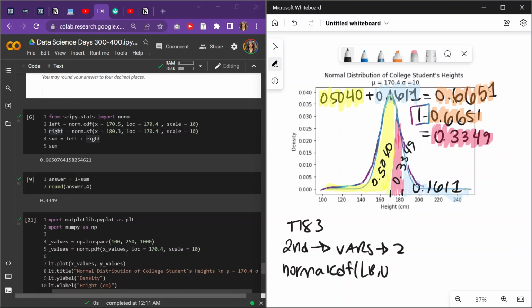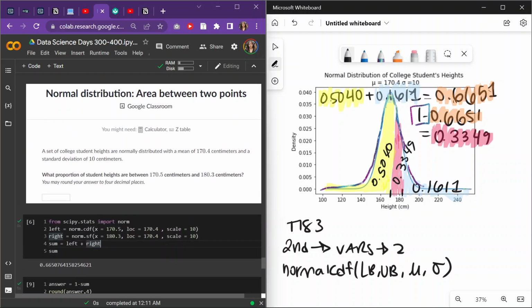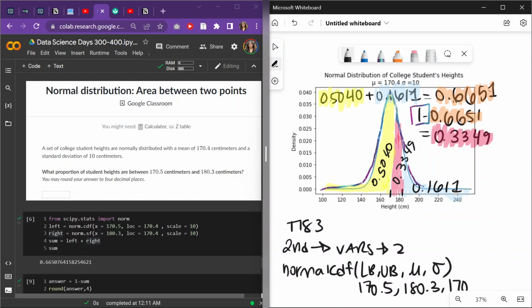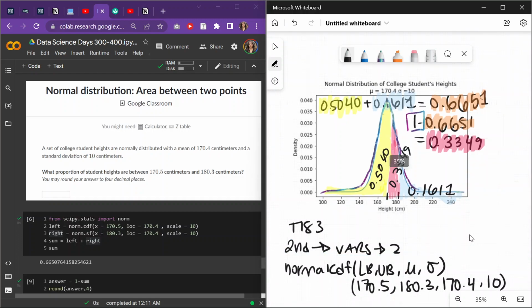The values are lower bound, upper bound, mu, which is your mean, and then sigma, which is your standard deviation. Here's why it's so much easier in your calculator: the question is what proportion of students' heights are between 170.5 centimeters and 180.3 centimeters. They're literally giving you your lower bound and upper bound. So your lower bound is 170.5, your upper bound is 180.3, your mu, which is your mean, is 170.4, and your sigma, which is your standard deviation, is 10. Then you click enter, and it should give you